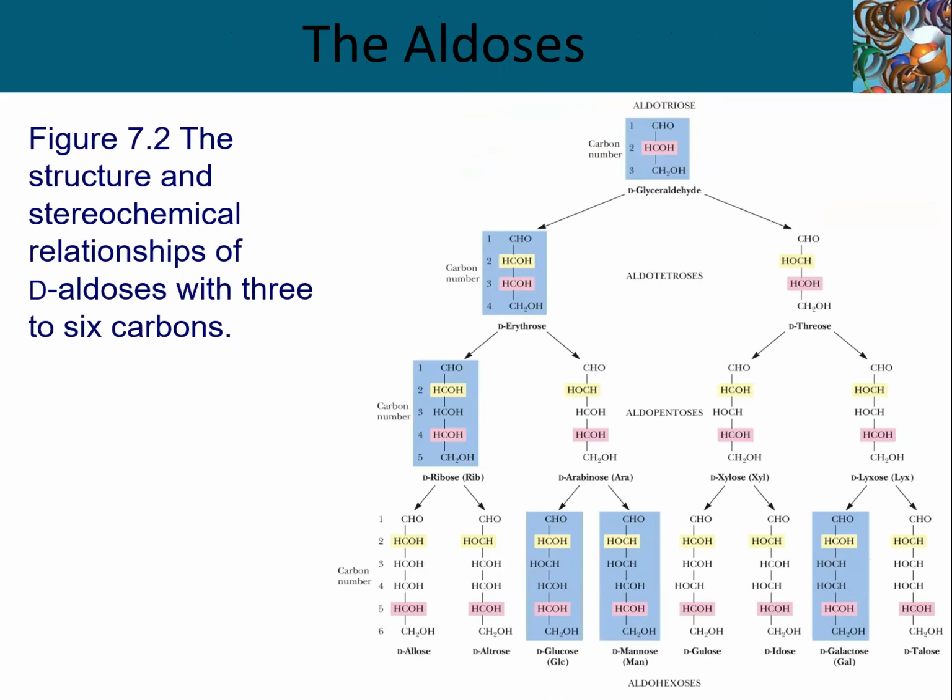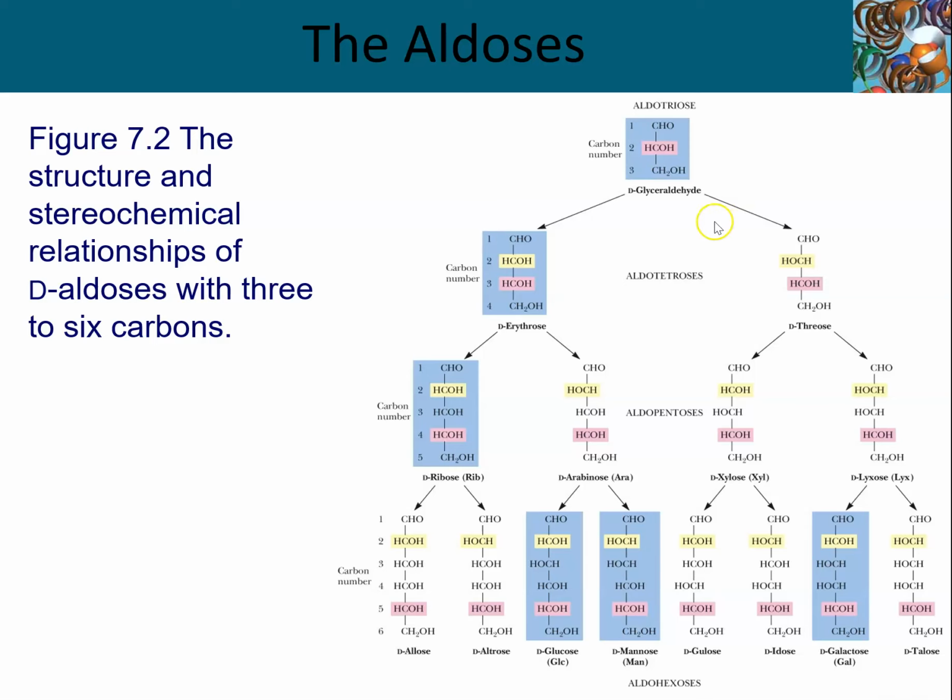So let's blow up the aldoses a little bit. We started with D-glyceraldehyde, and we need to keep in mind that for every D version of these carbohydrates, if you take the mirror image of the entire structure, you'll end up with the L variation of it. So you could draw any of these L versions simply by doing the mirror image of that particular structure. But for all of these cases, we're going to be dealing with the D variations.